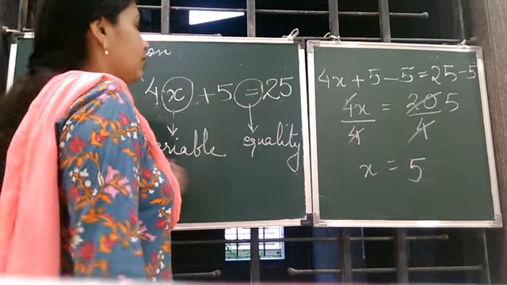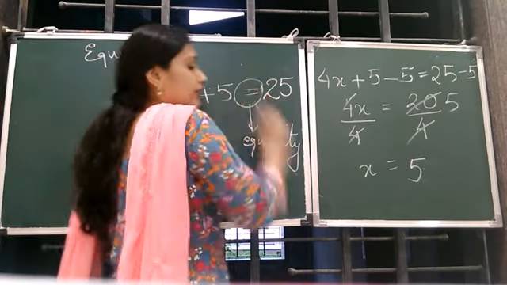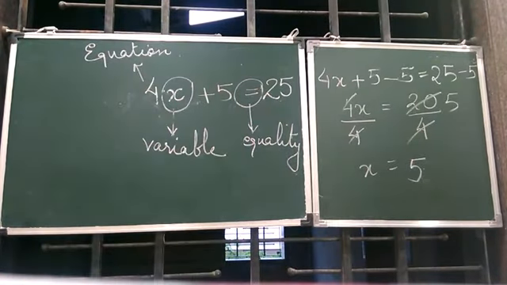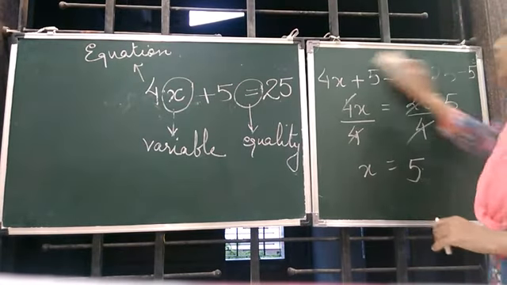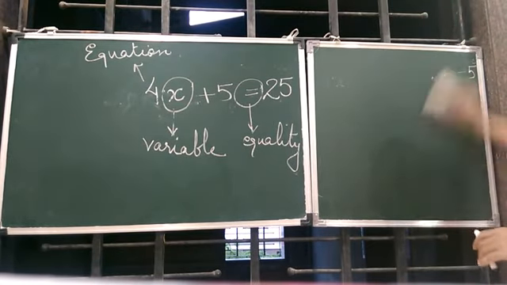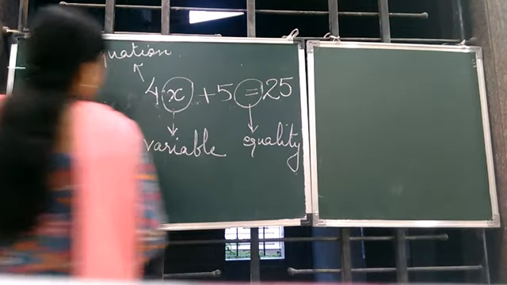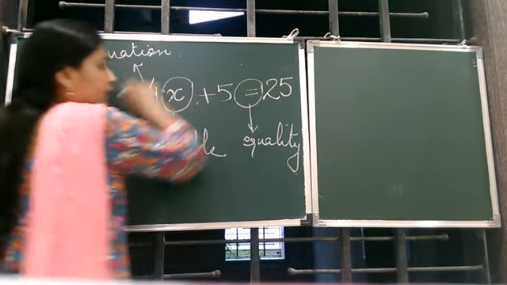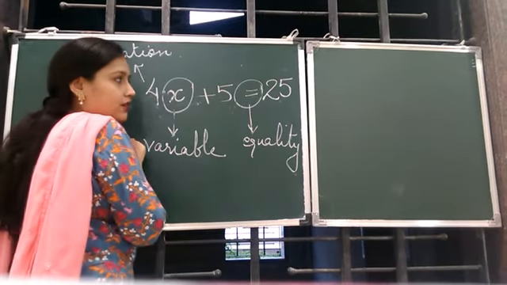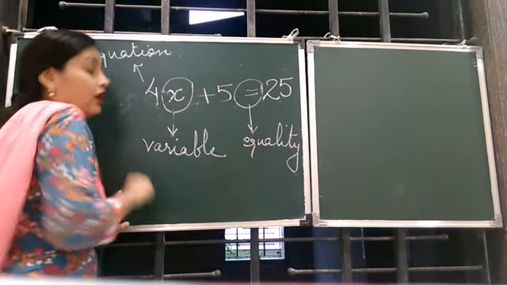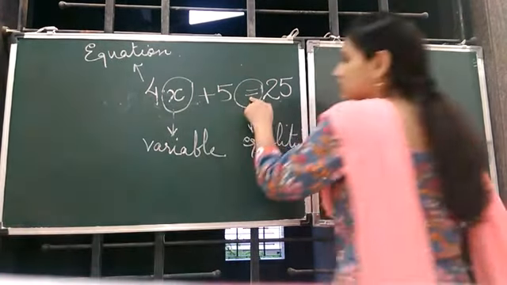Okay, coming back to the equation, I told you this is the sign of equality. That means both sides are equal. Now, because of this sign, this is known as an equation. We are going to equate both sides, so this is known as an equation. Now suppose any other sign is here.